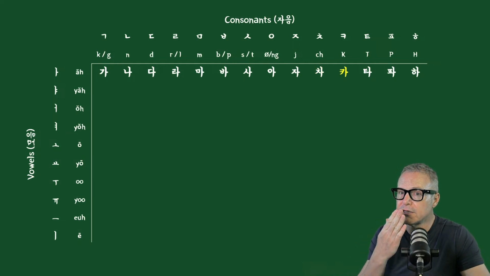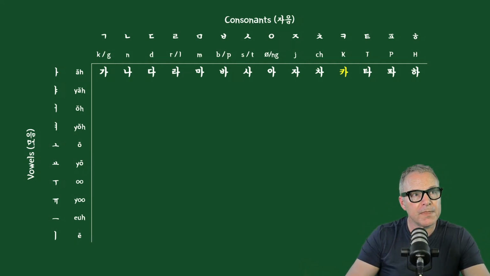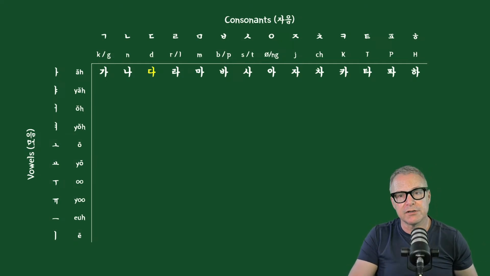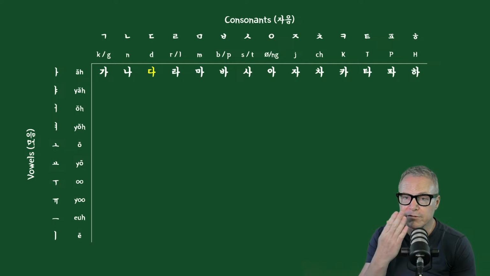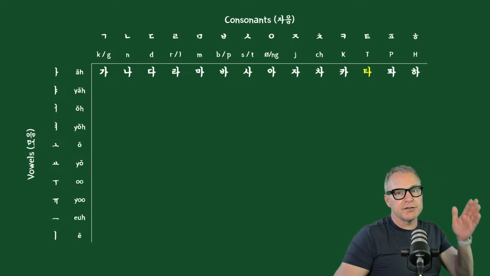Ka, ka. And you feel the puff of air again. Aspirated consonant. Then for the next letter that makes a T sound, its partner over here, the non-aspirated version, da, da. No puff of air. But when we come out here and we write the letter, basically when you see this one, you're seeing it